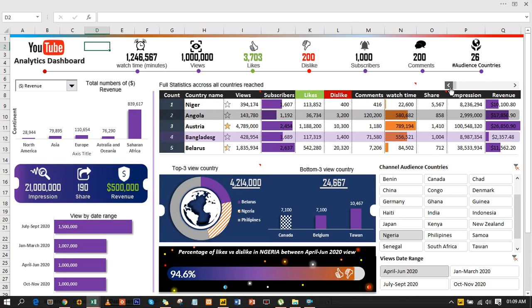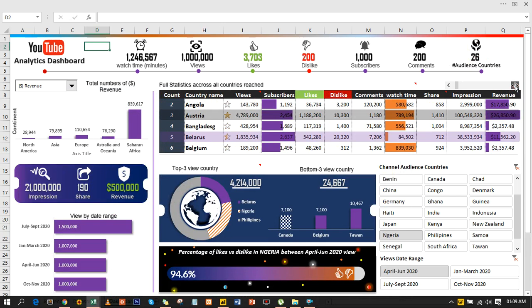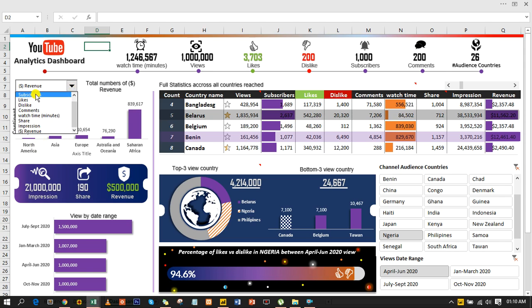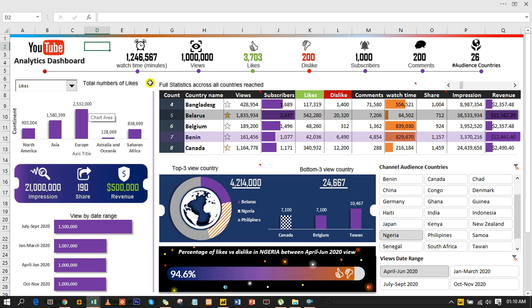which country. So this is what we have from 1 to 29. We have 26 countries, and you can see we are showing 5 at once. If you want to see more of it, you can just click right here. You get to see more of the countries, your views, your subscribers, and what you are making revenue from. And if you want to see it by continent, you have access to that too. Choose what you want to see, subscribers or views right here, and you will be able to see how that is